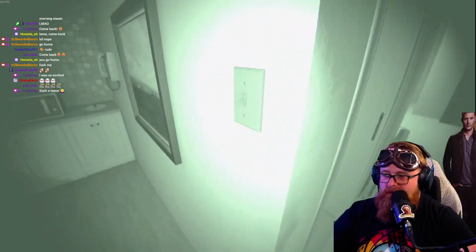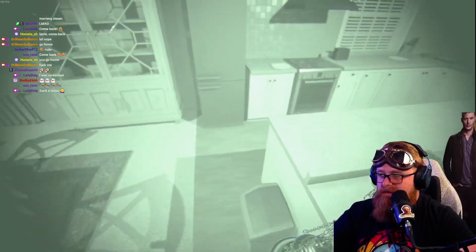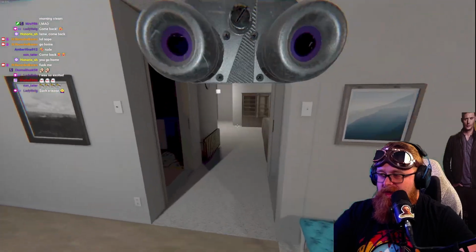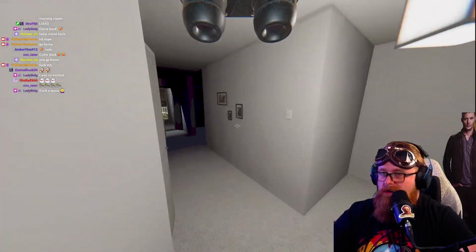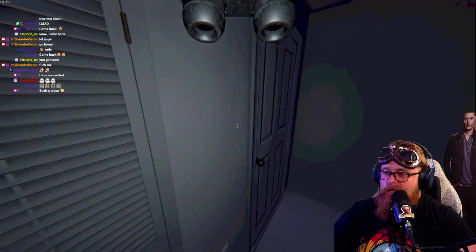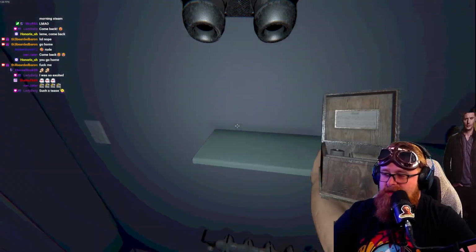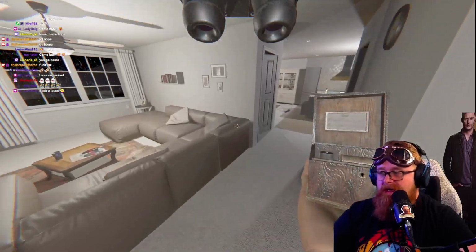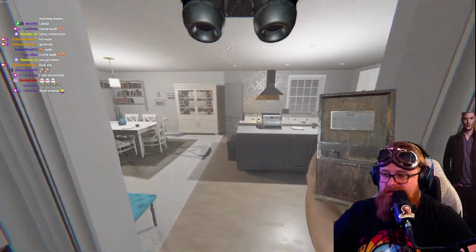So we're going to go back over in here. We're going to turn these on. Right? I'm going to light up the lighter. We're going to grab our music box, and I'm going to show you guys. So there is a thing where if there is a light source, like a candle, a lantern, a campfire, a candle that the ghost lights,